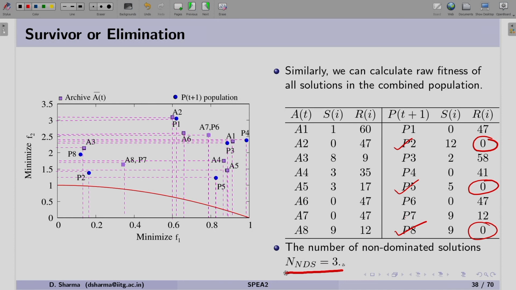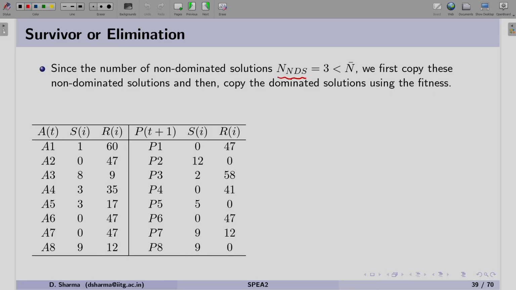Now, we are in a position to apply the survival stage of SPEA2, because we know how many non-dominated solutions there are. In the current set, the number of non-dominated solutions is 3, which is less than N bar, the size of the archive.